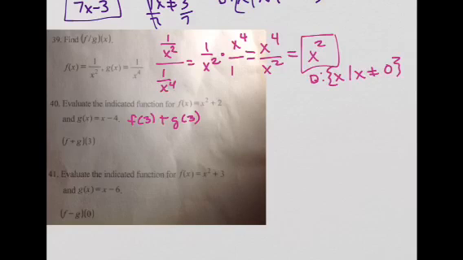So f of 3 would be 3 squared plus 2, and I get that from here, and then g of 3 would be 3 minus 4, and I get that from here. Okay, so 3 squared, that's 9, 9 plus 2 is 11, 3 minus 4 is negative 1, so the answer is